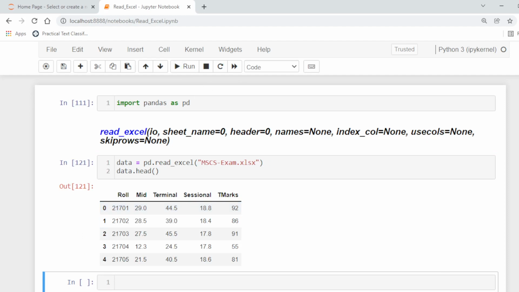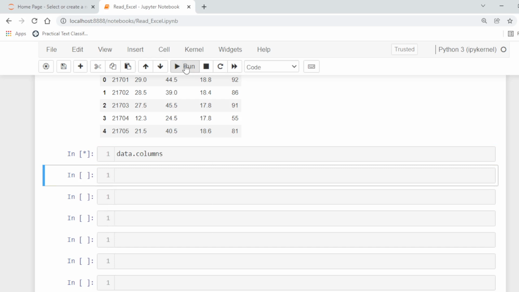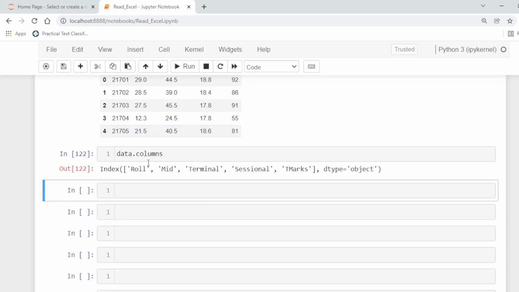If we want the names of columns of the data frame, we can use the attribute columns. So it will return an array of the column names, roll, mid and so on. After loading the data into the pandas data frame, you can apply different pandas functions. You can perform different operations.